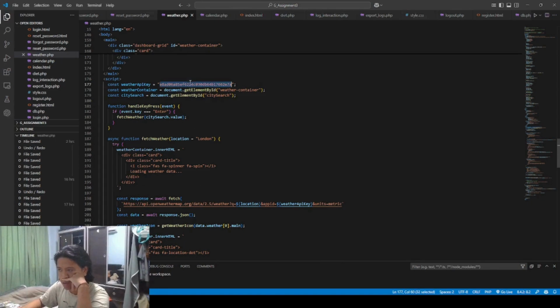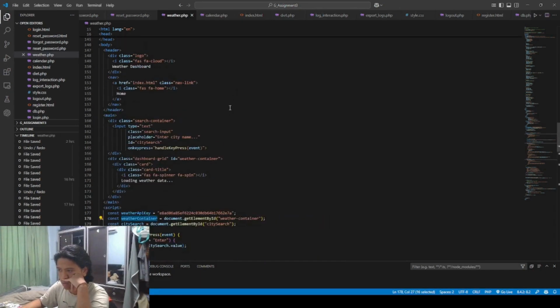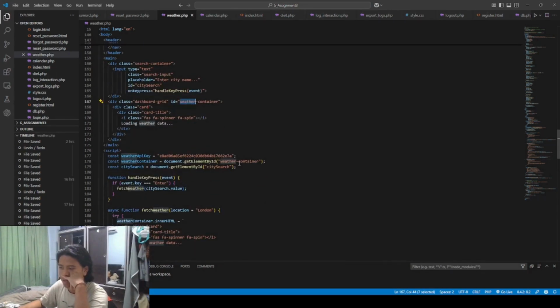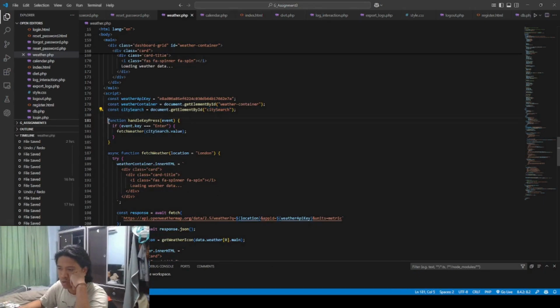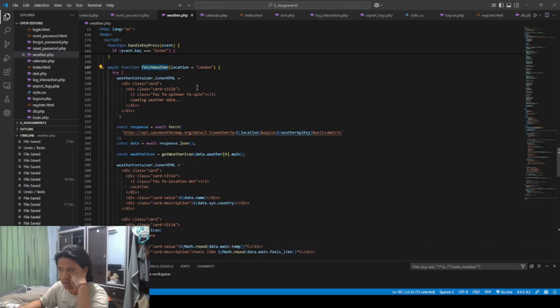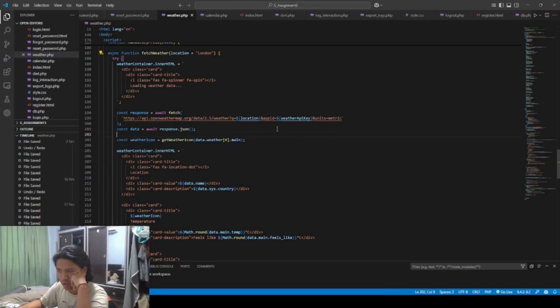This is our API key. We stored it in the weather API key variable. And then this is the weather container, which is where we can get the city here. This one. Okay, and then this is the city search where the user inputs the city. So our process begins when the user hits the enter button in the city search. Okay, this is the main function which is fetching the data. We put London here as the first city when the user goes to our dashboard. Here we embed our location and weather API key into this link